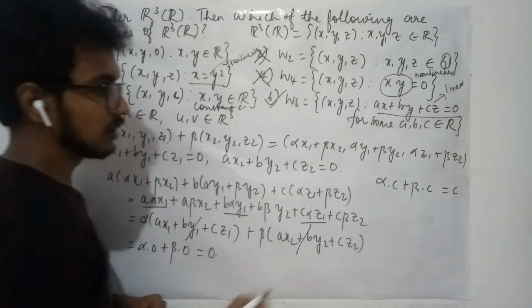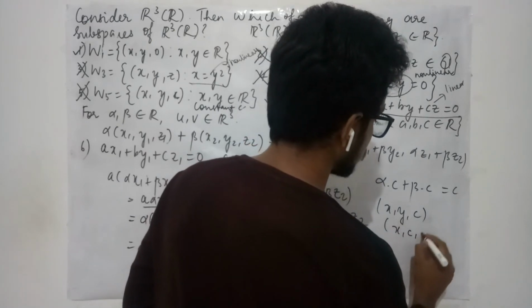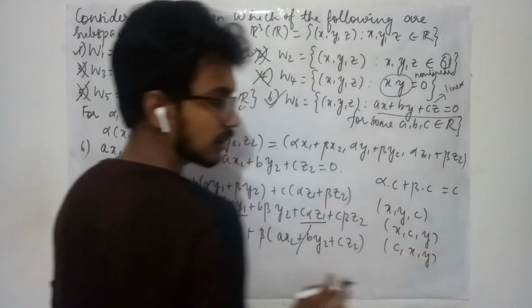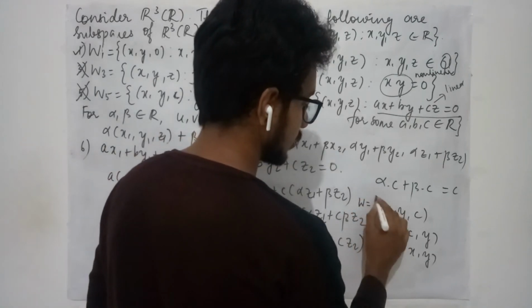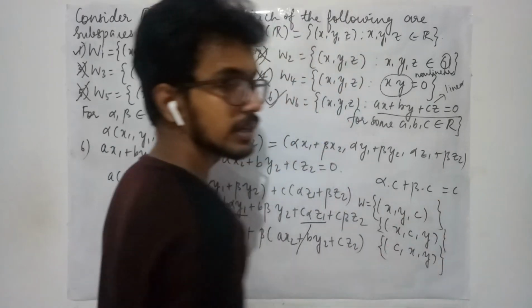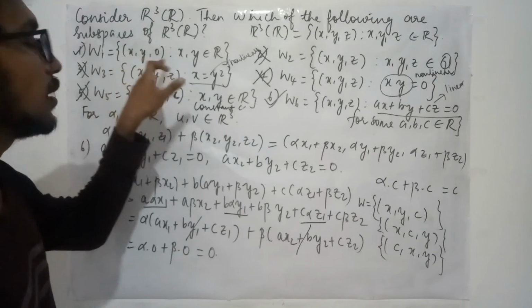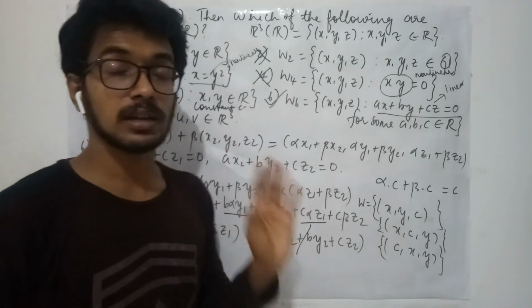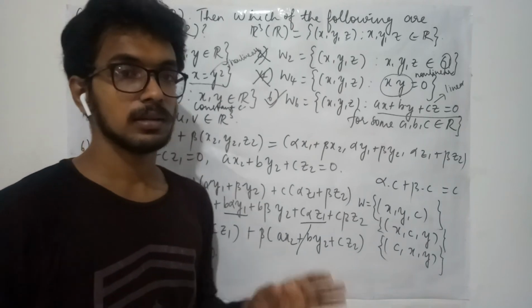So in general, if you restrict x, y to some constant, or x some constant y, or constant x, y, okay? This x and y are some real quantities and c is a fixed constant. This collection will form a subspace only if c is 0, okay? You may fix that 0 anywhere in these three places, right? That will form a subspace only if the constant is 0. For any other constant it will not form a subspace.